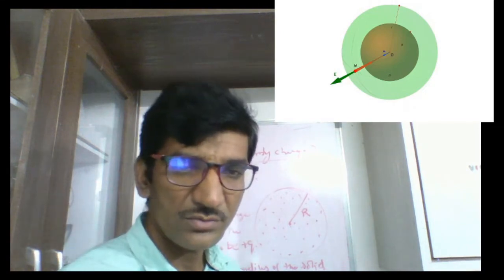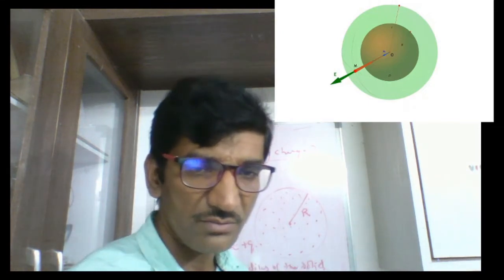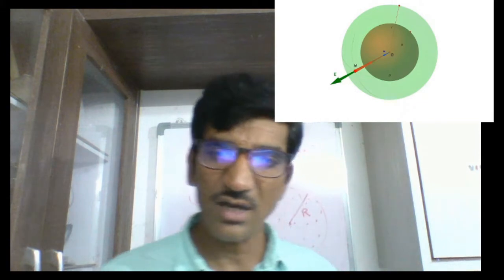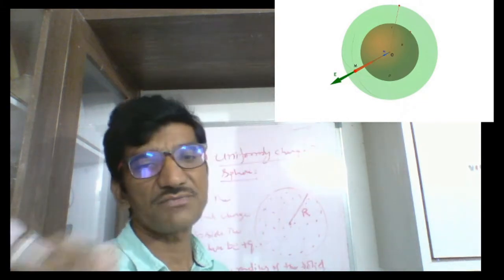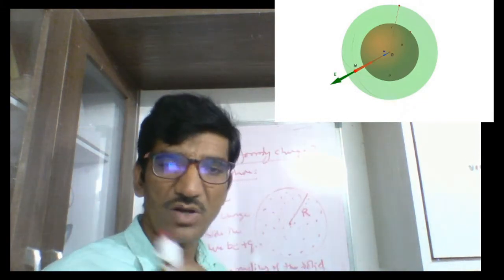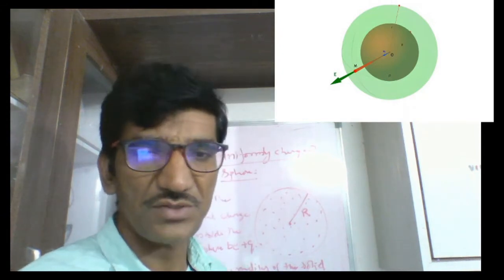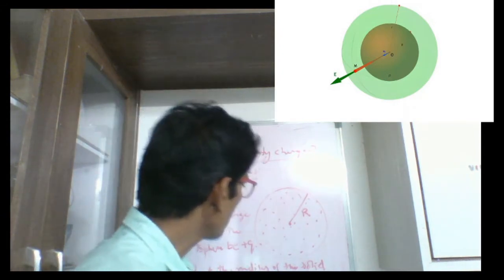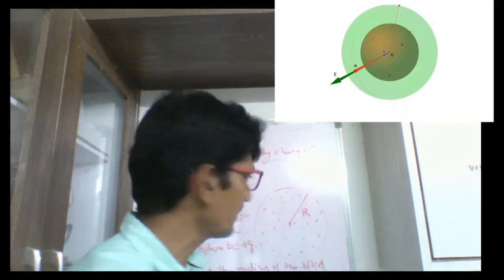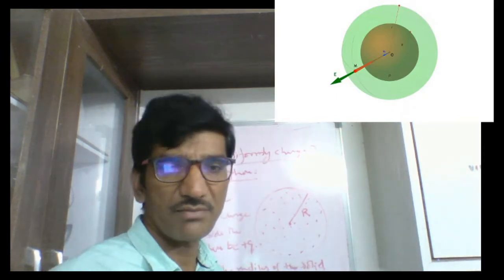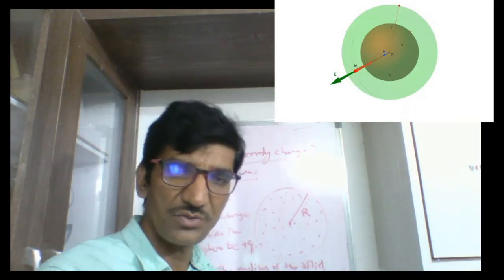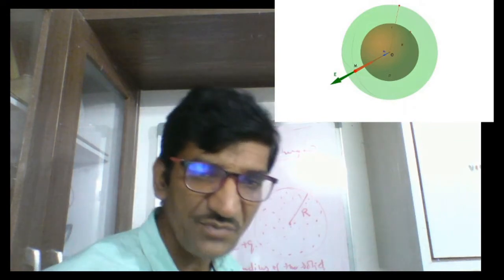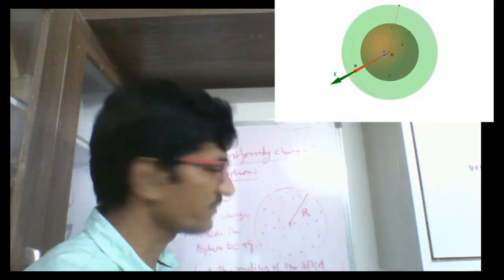Two quantities we assign to this problem. One is the radius of the sphere, capital R, and the charge filled in this sphere is small q coulombs, that too positive charge. We almost formulated the problem. The sphere is made up of metal. Why? Because it has to preserve or conduct the charge carriers. This is the formulation of the problem.